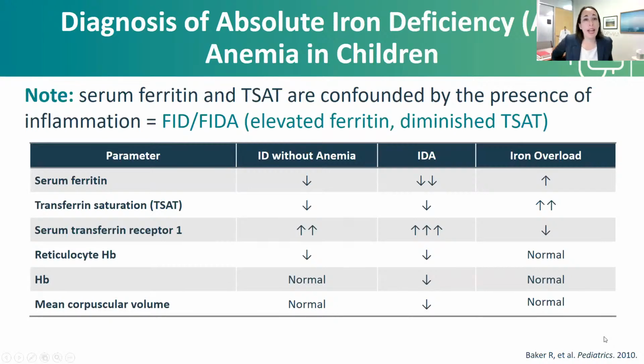So how do we diagnose iron deficiency? This is a table that compares absolute iron deficiency, just iron deficiency itself, with the progression to anemia. So iron deficiency will occur before the anemia comes along. And you'll see this in lower ferritin levels, lower transferrin saturation levels, but you might have a normal hemoglobin and